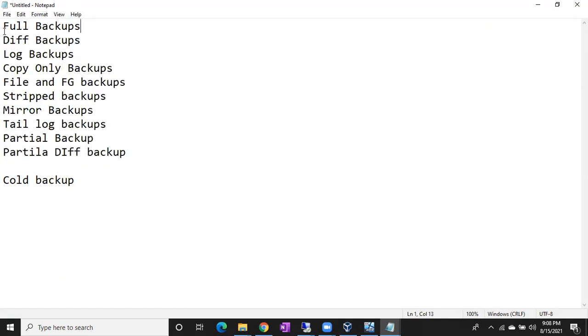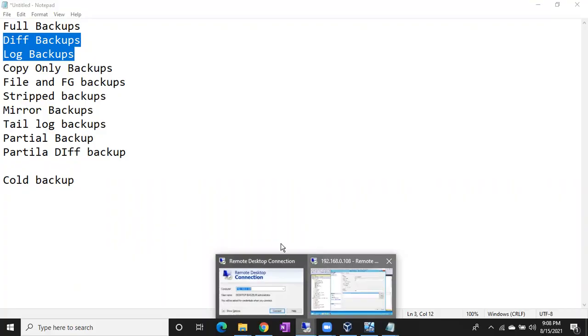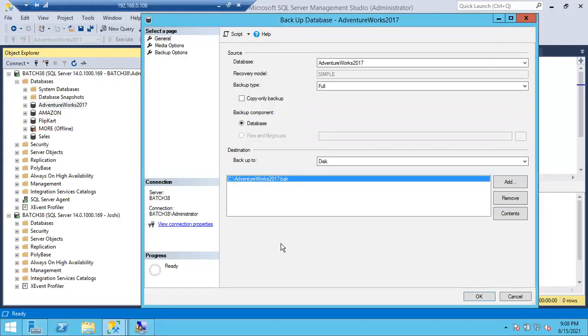A full backup is a must for each and every database. If I directly try to take a differential backup for a new database, it won't work. First of all, it will ask you to create a full backup. So in case I want to create a full backup,